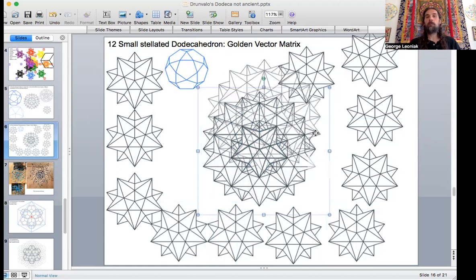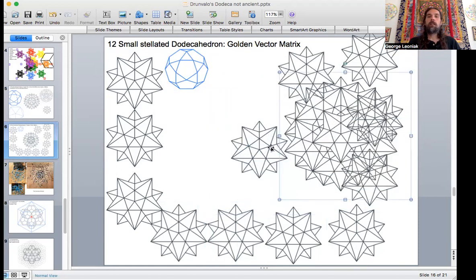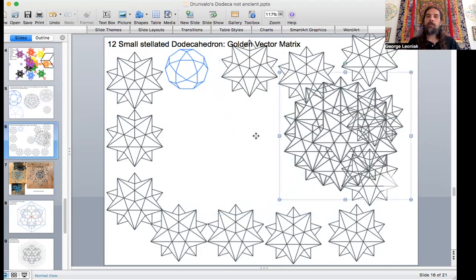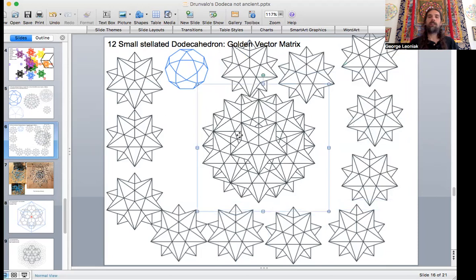Here's the last one. Let me move the whole structure off so I can get that one out from underneath. And there's our form of all 12 of those. So here's our one in the middle. Now, it's not the same, but it's being created basically by all the intersection of these edges, and they all meet in the middle. Right in this core center of this icosahedron is radiating lines out into every direction.